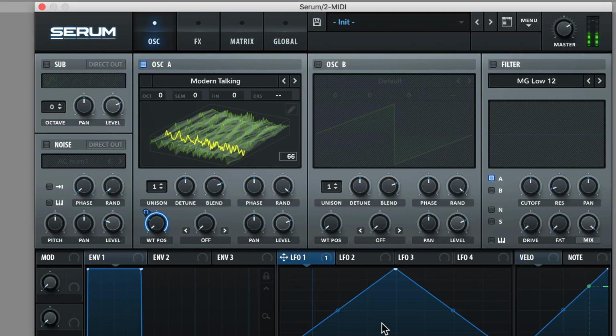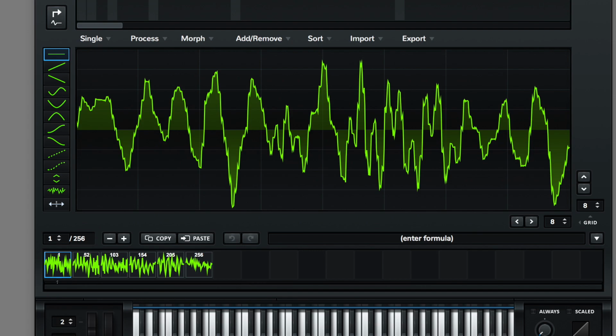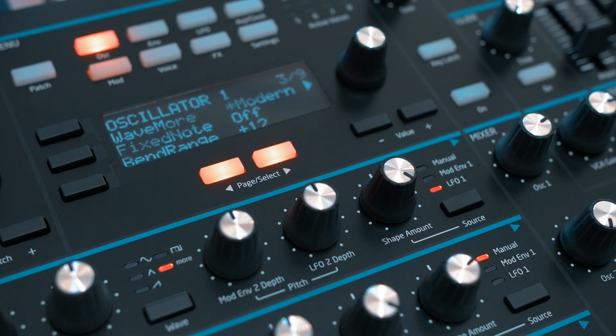So I could, for example, take Modern Talking, that classic dubstep sound, turn it into a wavetable and load it onto the Peak. Not perfectly, remember. I think Modern Talking had 6 cycles in it, whereas this converts to 5, so you lose a cycle. But